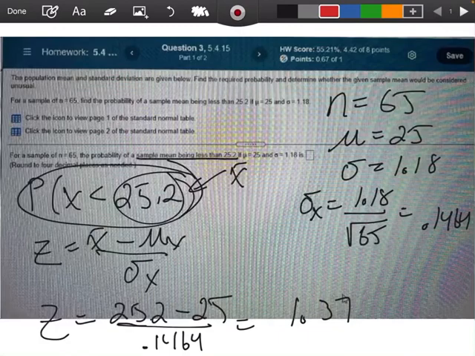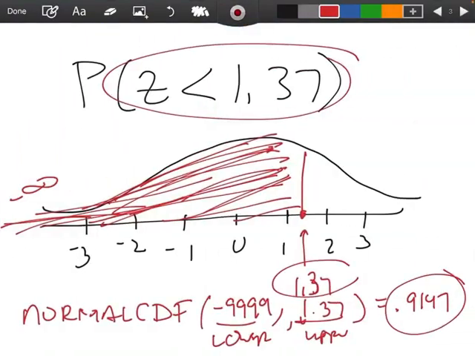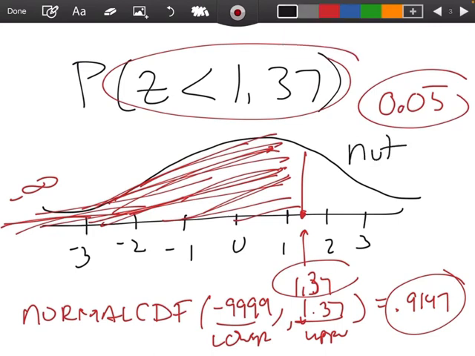Then, when I look at the directions, round to 4 decimal places, which we did, it's asking me if it would be considered unusual. Remember, the only time it's going to be considered unusual is if the answer I'm coming up with is smaller than 0.05. In this case, we're not coming up with anything smaller than 0.05, so we would say it is not